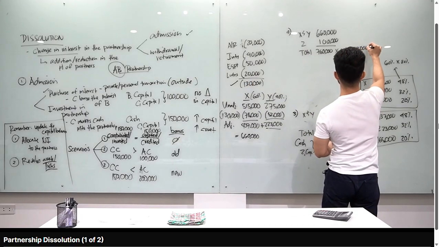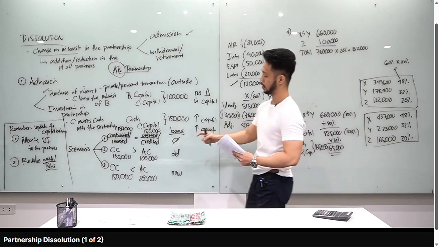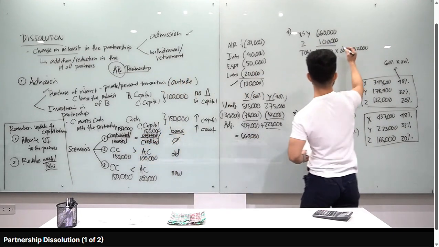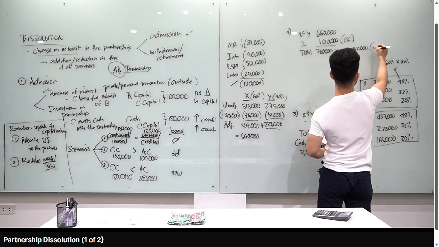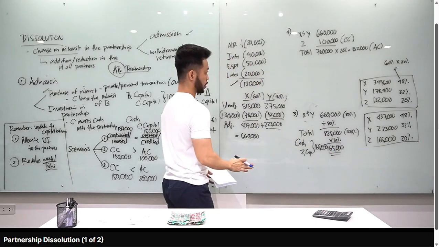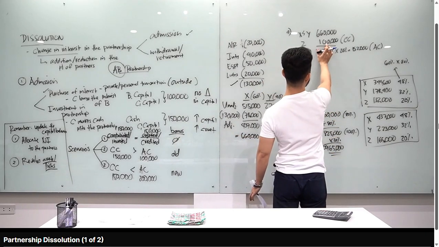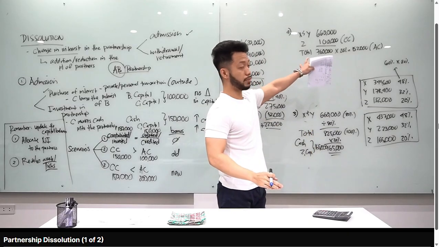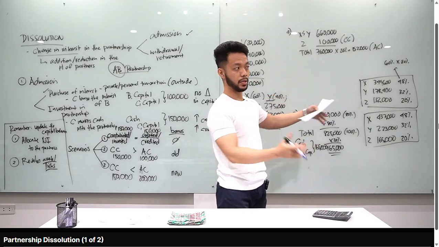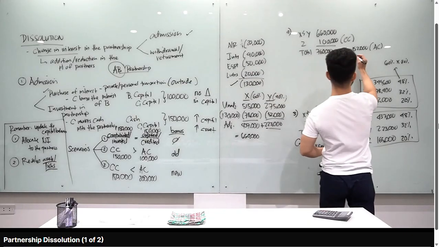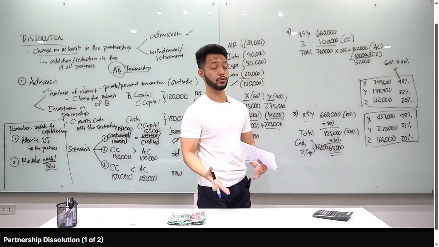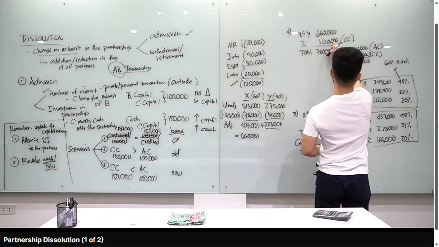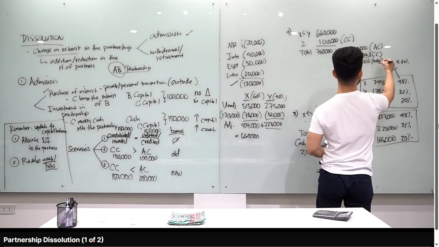Yung in-invest ni Z, ang tawag dyan is the contributed capital, CC. Yung credit sa kanya is 152,000, ito yung agreed capital, AC. So, in this case class, mas maliit yung i-contribute niya kaysa sa binigay sa kanya. Ibig sabihin, mas nag-benefit si partner Z. Kasi 100 lang yung binigay niya, binigay sa kanya is 152,000. Difference is 52,000. Kaninong bonus yung 52,000 class? To the old partners or to the new partner? To the new partner because bonus yan kay partner Z.